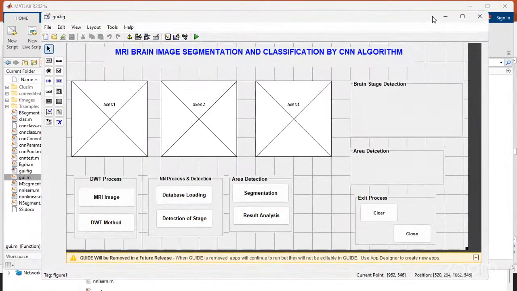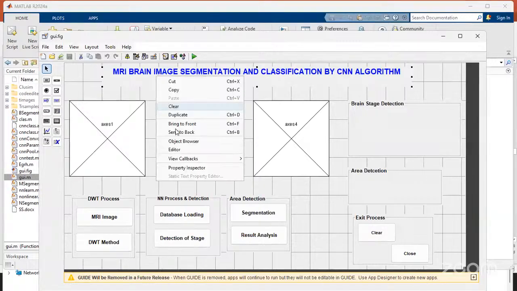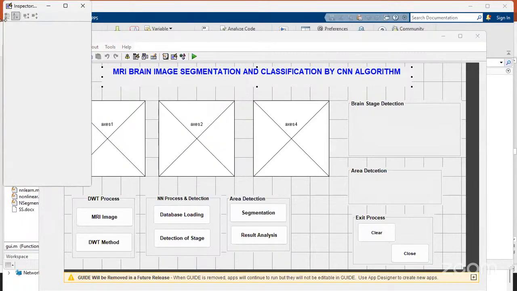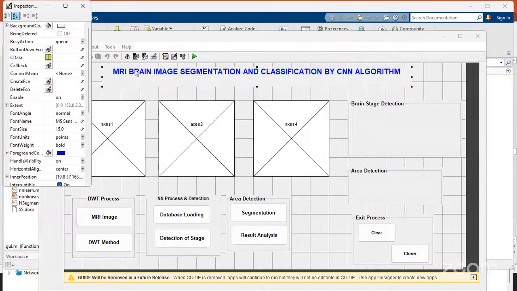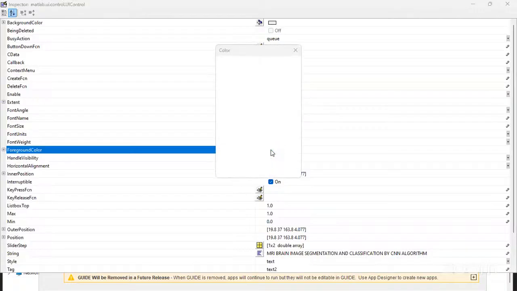This is a GUI window. I need to change the text color. To change it, wherever this place is, I need to right click. The property inspector will be there. I need to click, and it will display some other options. Maximize the screen. Here the text color will be there, blue color in this case.